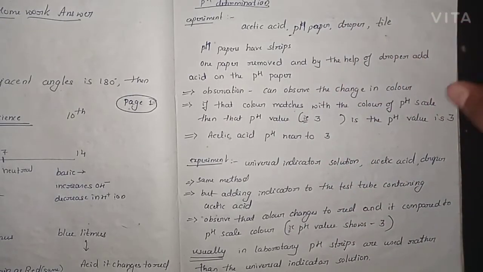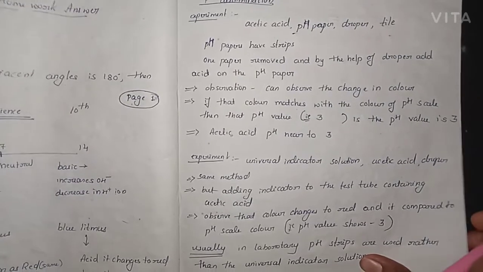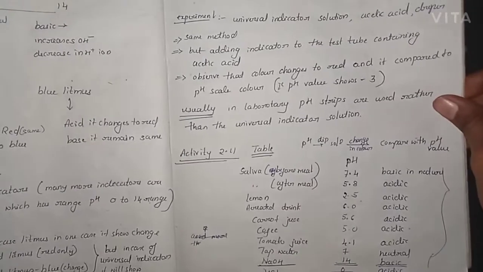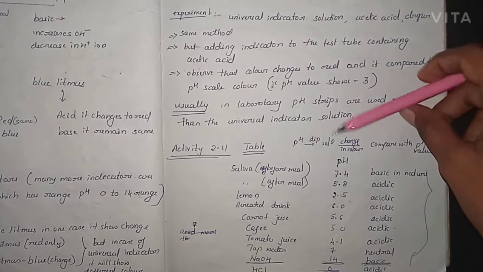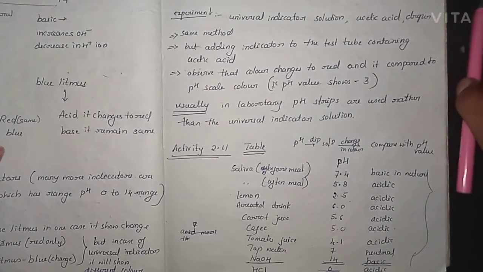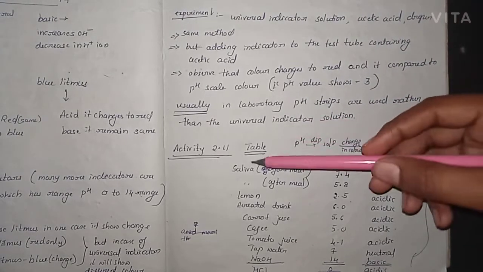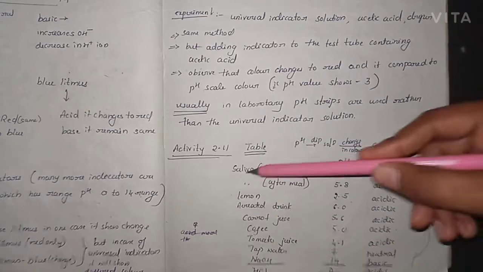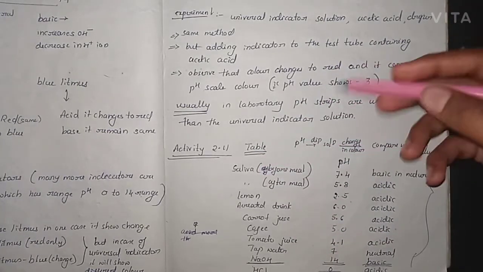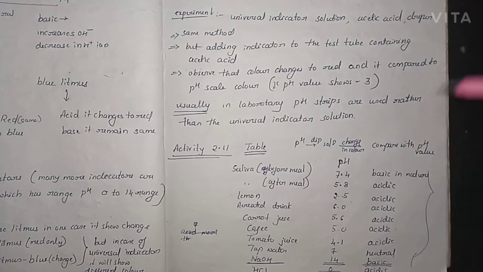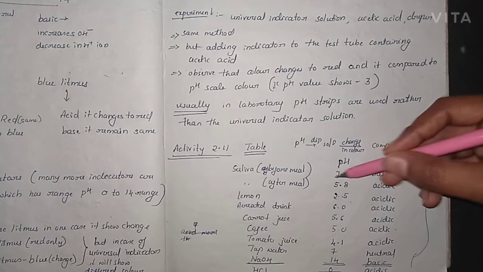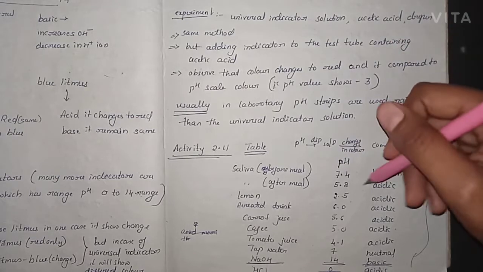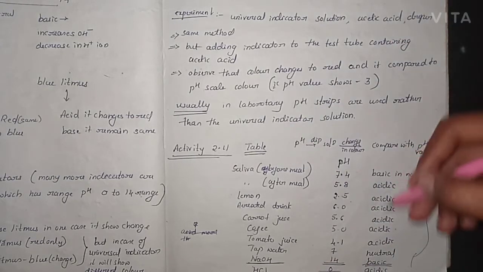And again in the 2.11 table, I told you that you have to write in your reader, there is a column. I have observed that some students have written in the text reader, and some have written in the notes also. Whatever experiment you observed, I told you to write down the pH value from that, and after that compare the basicity, whether it is a base. More than 7 means it is basic, less than 7 means it is acidic. That only you have to write.